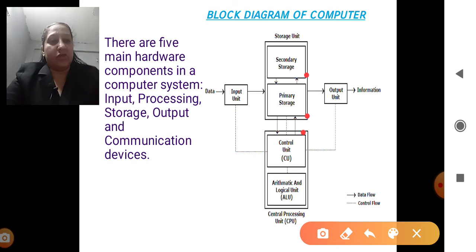So as soon as the user has given the data, first of all it will move to your primary memory, that is your RAM. Then it will go ahead to the control unit. Here, what is the role of the control unit? Like the name itself says, the control unit takes the whole control of the data. It will decide to whom it has to send further.